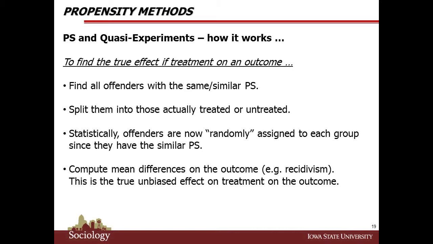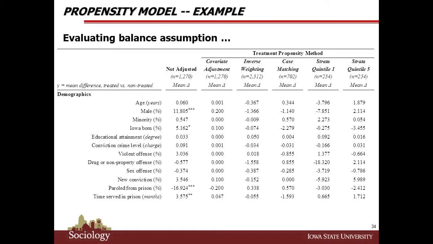So when we take everyone with the same propensity score and split them into treated and untreated, statistically speaking, what the statisticians have argued is that you can now essentially mimic a random assignment. Because if you randomize people into treated and untreated groups, there should be no systematic differences between those groups. Here, we know there is, but we've used this propensity score to model what that might have looked like using statistical means. And now we can compute the mean differences between the treated and untreated groups on some outcome within each propensity score. So for example, in our Iowa study, and this is on slide 34 if you're interested,